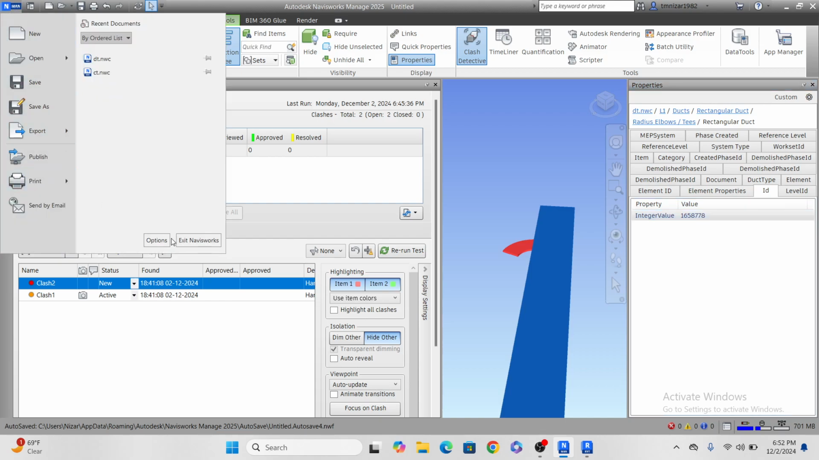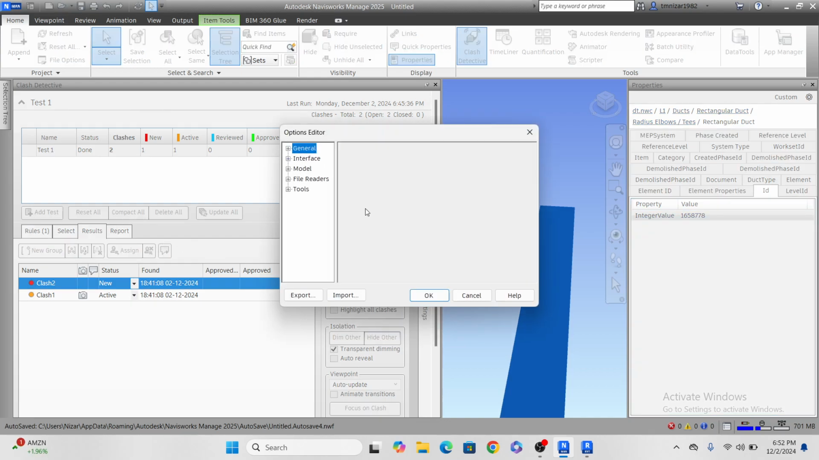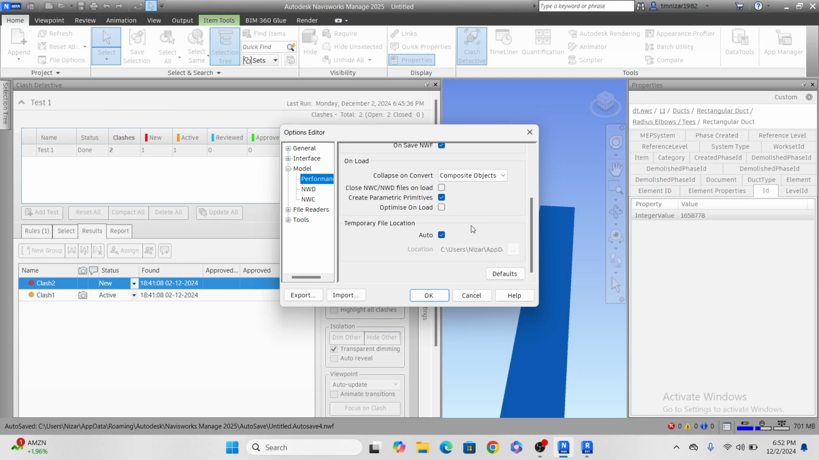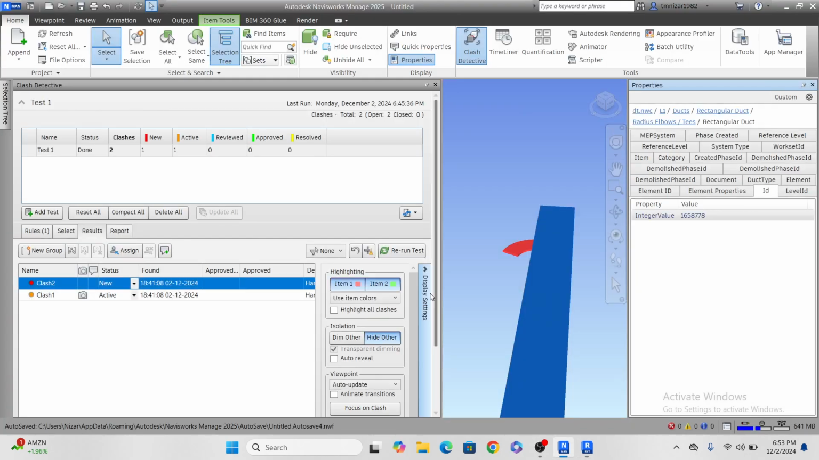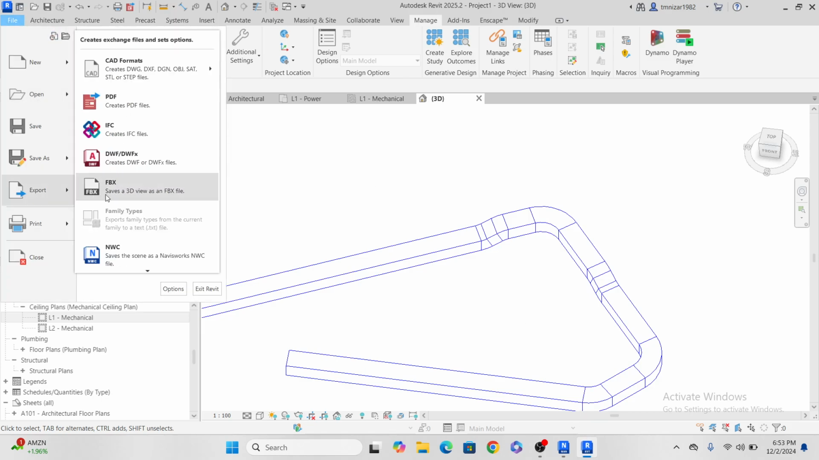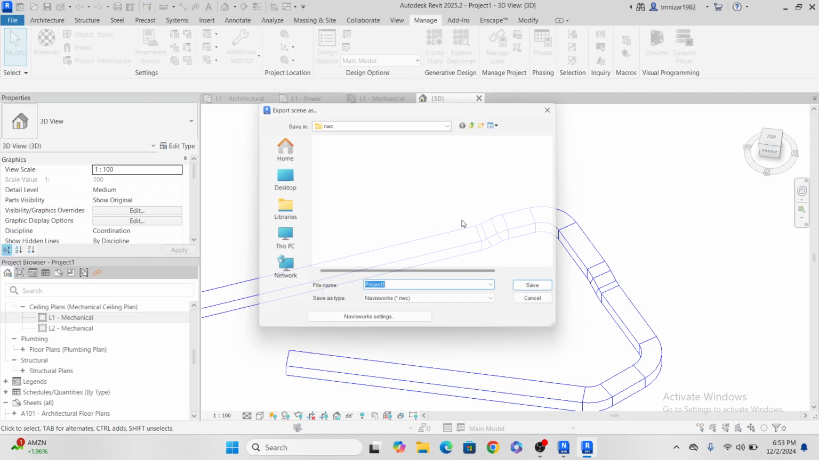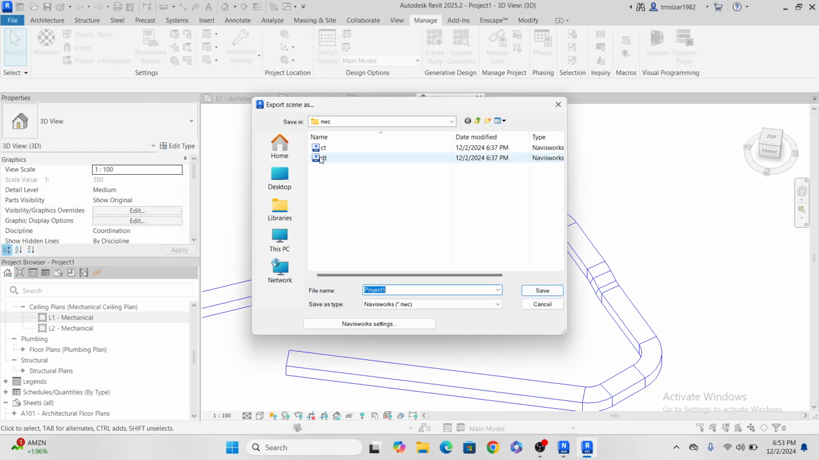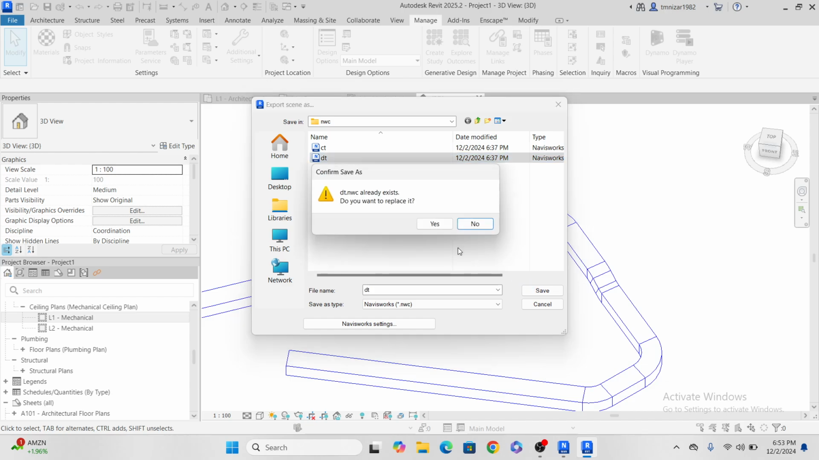Go to here, and the options, the model, performance. You have to do this one here also. Close. Okay. Now let's export. File, export, NWC, and DT. Yes,